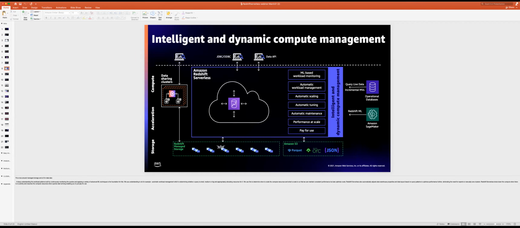And when it comes to Athena, typically it is for data exploration and ad hoc query use cases on top of S3, right? So that's not very well optimized when it comes to data warehousing type of analytics. So it really depends on the type of analytics use cases that you're trying to do, based on which you can pick the right tool for the job.